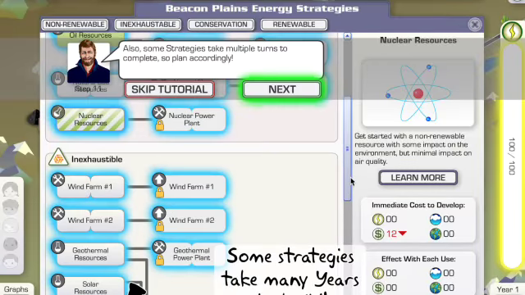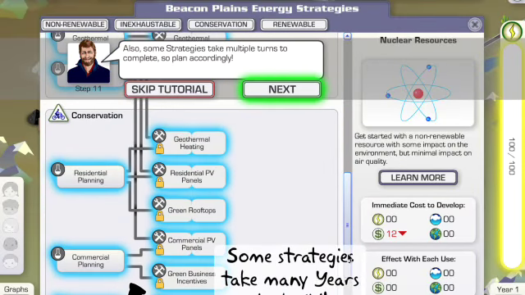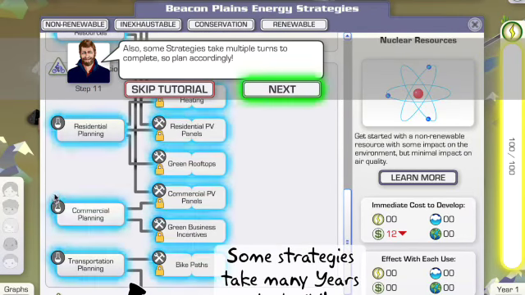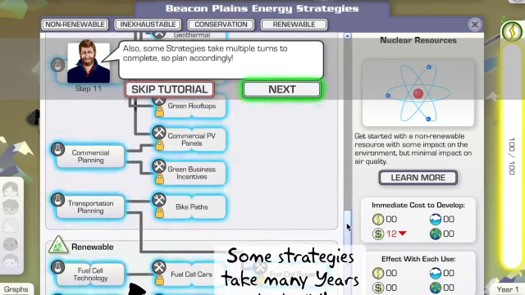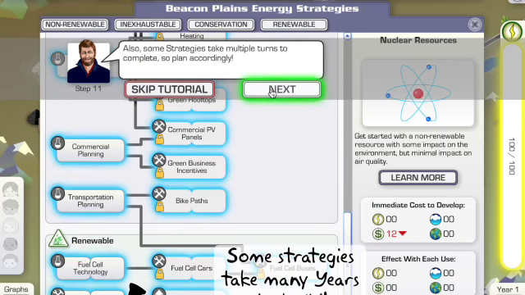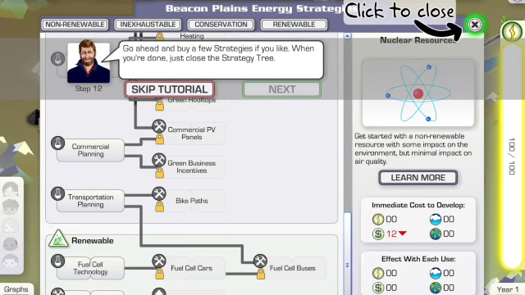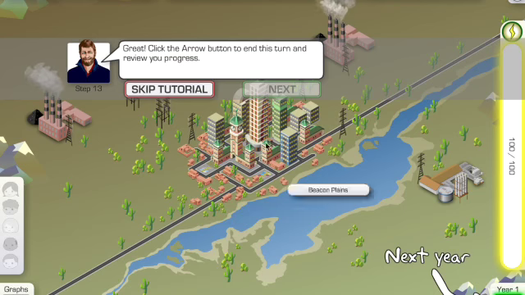There's lots of strategies to use, so you will have to plan ahead to see what the impacts will be. Remember that it will never apply for that turn that you use it. So we can always click to close as we go. All right. So at the end of your turn, the next part you're going to do is